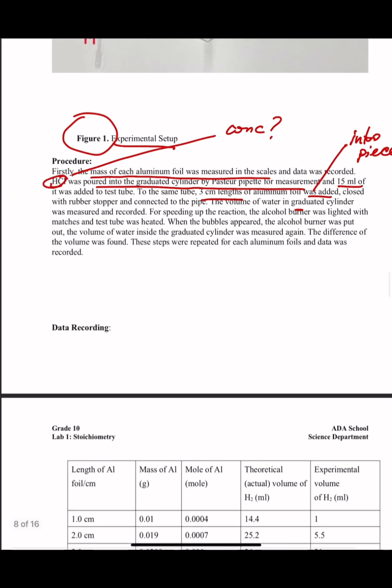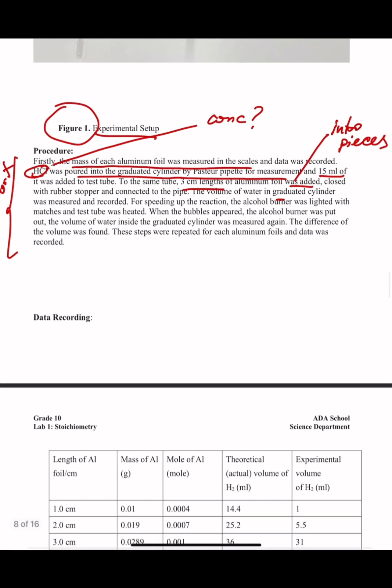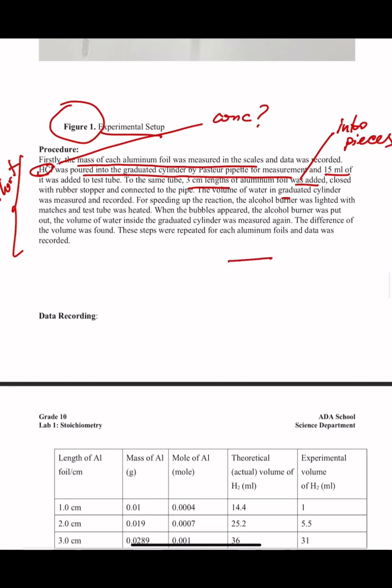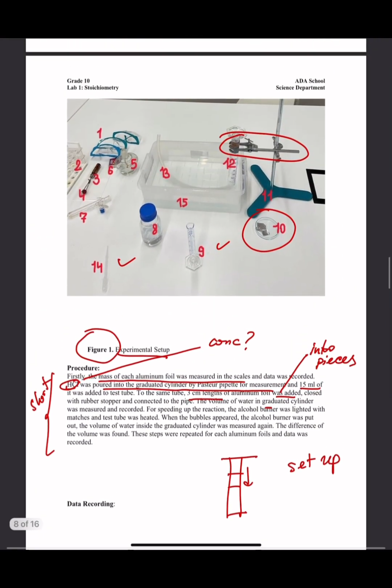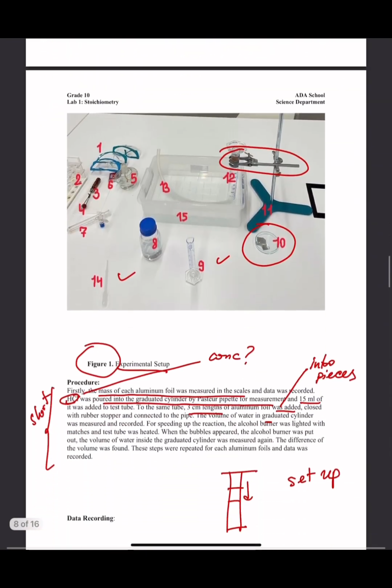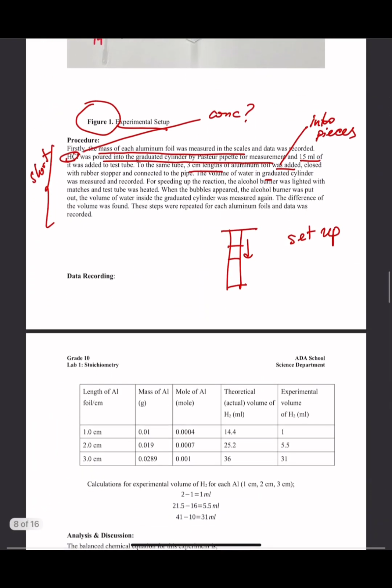So this procedure in here, they actually went quite short. This is too short, okay? And I think it needs a lot more detail than this. You need to describe how the water level in the graduated cylinder dropped down, and you need to go into detail. You need to explain how the system was set up. They didn't talk about this one either. So we're gonna cut points. So we got 15, and then from here I'm gonna give most likely 5 or 6 out of 10.